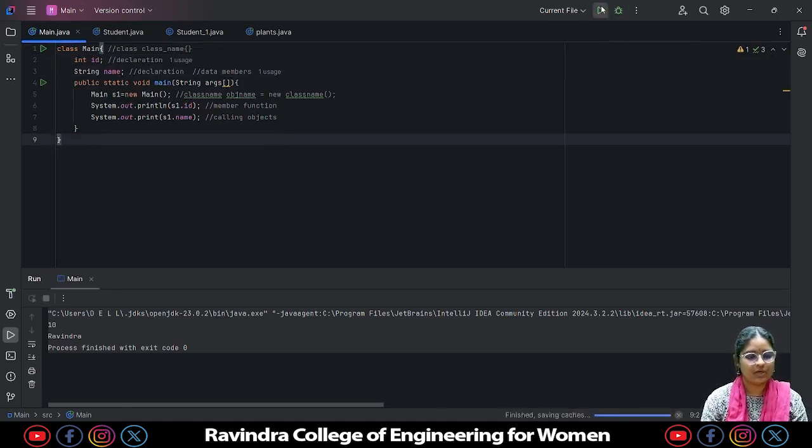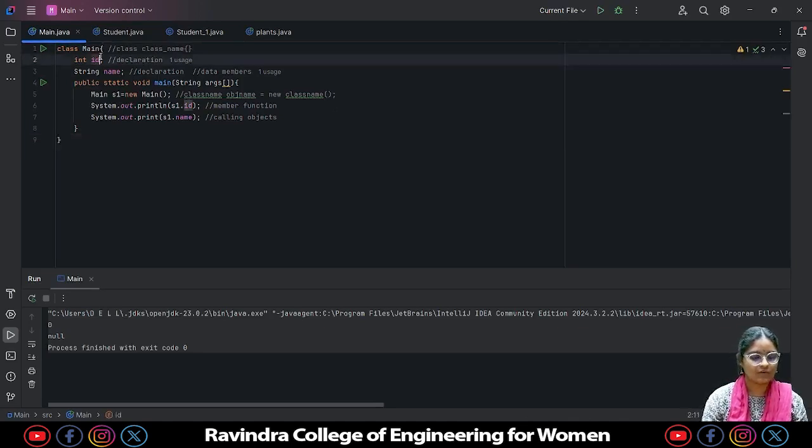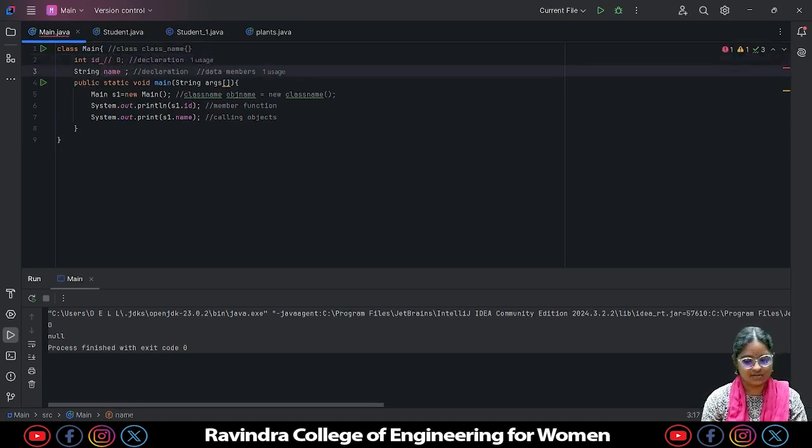It will be something like 0 and null. This value will be 0 as we have not given any values, and as it is a string, it can't be 0. The value always should be null. See, we have got output as 0 and null.